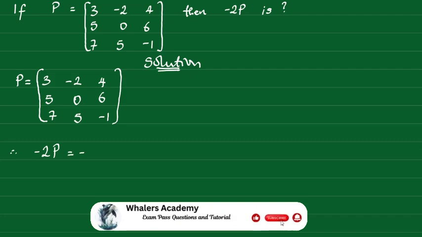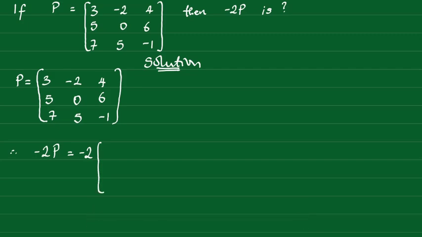And this is equal to -2 times the bracket (3, -2, 4, 5, 0, 6, 7, 5, -1), which is equal to